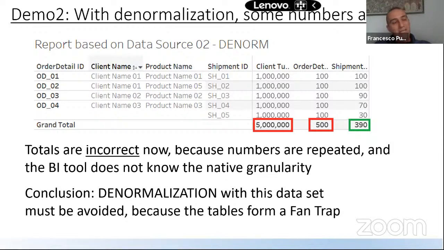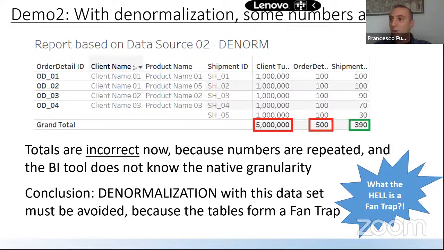So that's why I started this presentation of today with this article that I read last week, because yeah, everyone talks about performance, but here we are talking about 20 rows. Nevertheless, you cannot denormalize, because if you do it, you will have duplicates. You will have a fan trap. So what the hell is a fan trap? Well, the fan trap is a funny thing because if you search it on the internet, you will find always different definitions. So there is not a standard definition of fan trap.